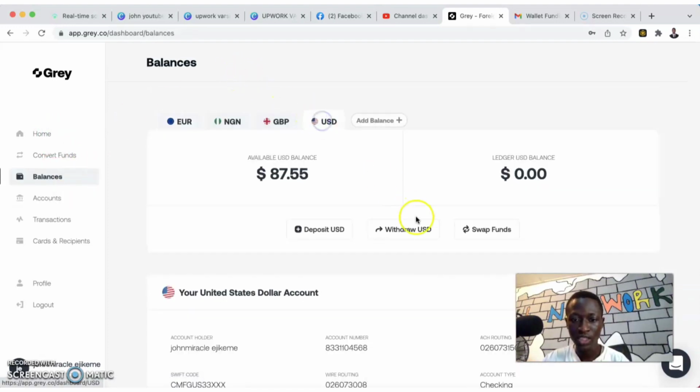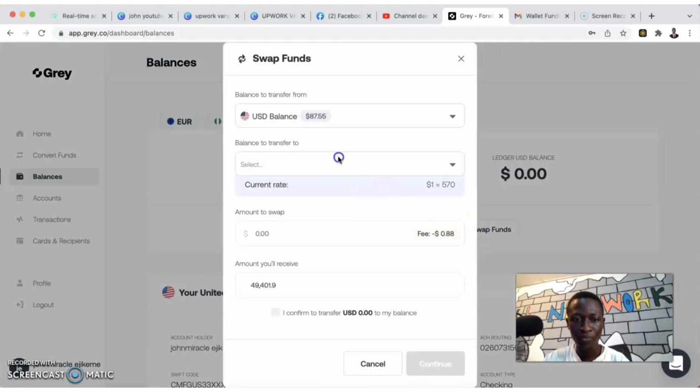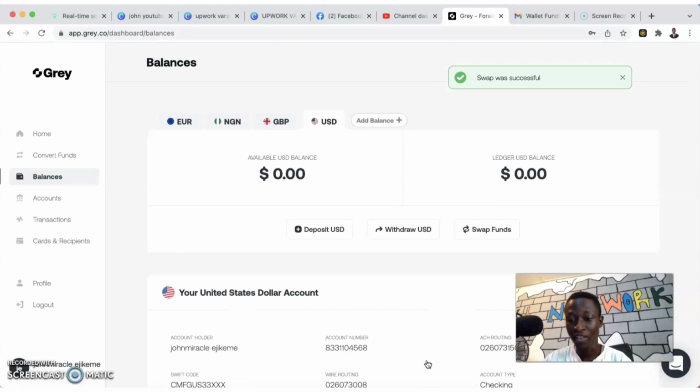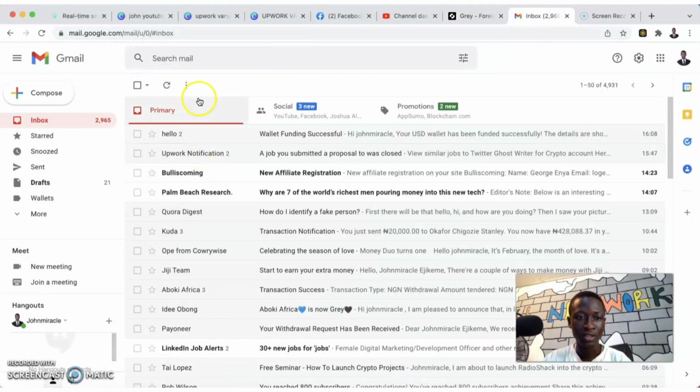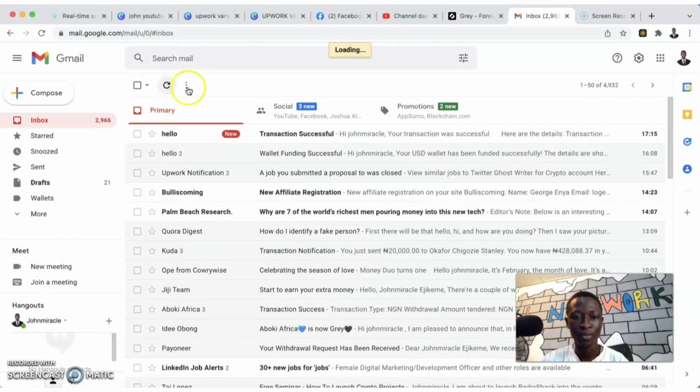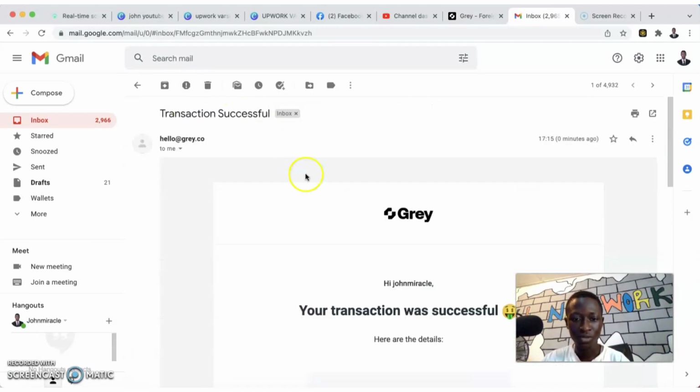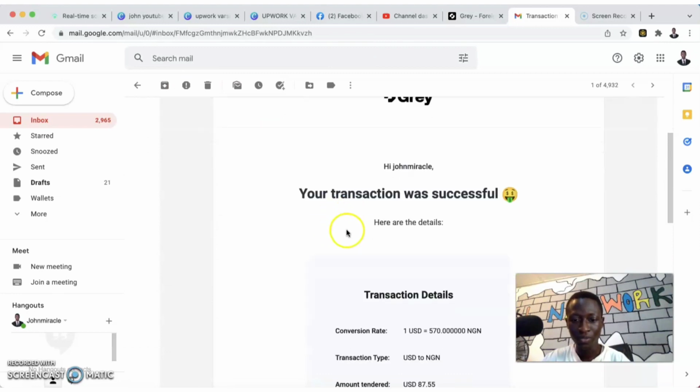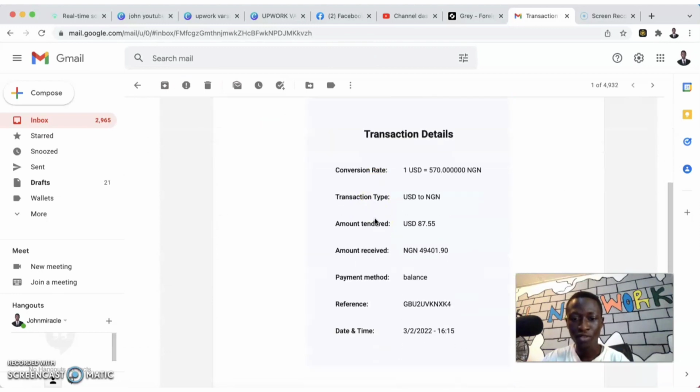So I'll just go to USD, I go to swap. I pick my Naira account and put the amount of dollars, which is 7.55, right? And then you can see I'm getting 49,400. Wow. I click on continue, and they are going to charge me just 35 Naira, and then that is going to be sent to my account. You can see it here. Transaction was successful. They have sent the money to my account at the rate of